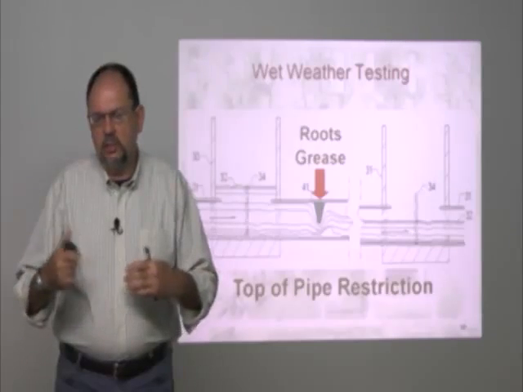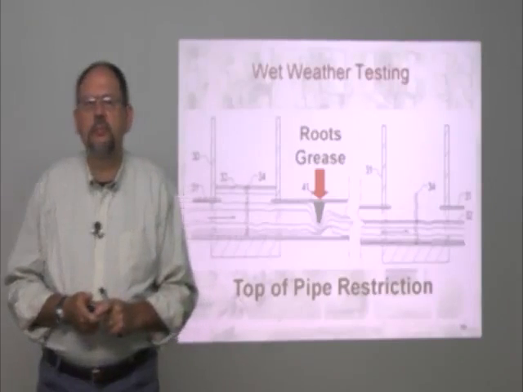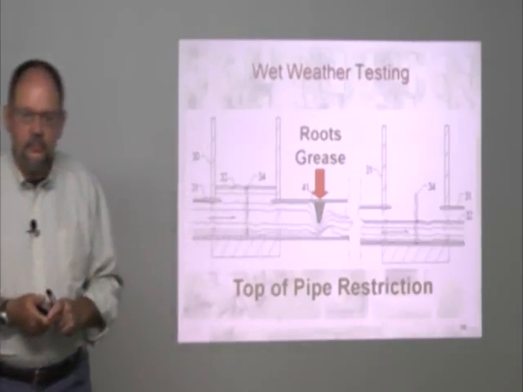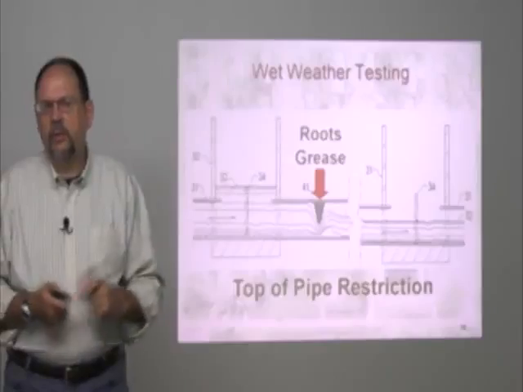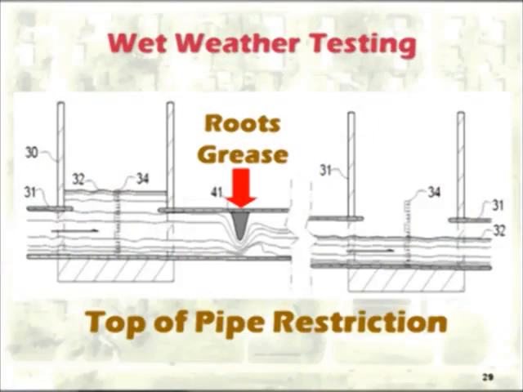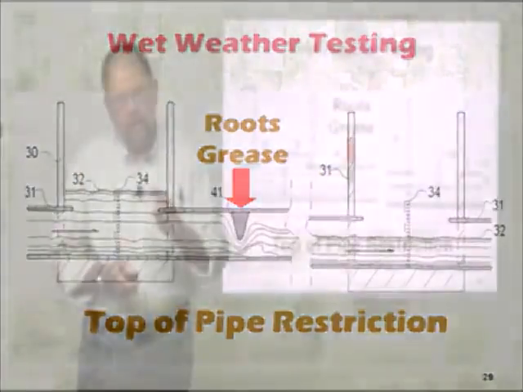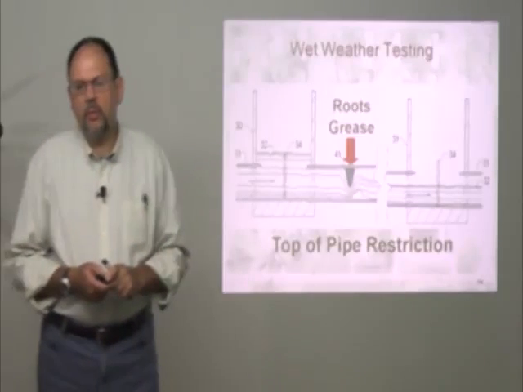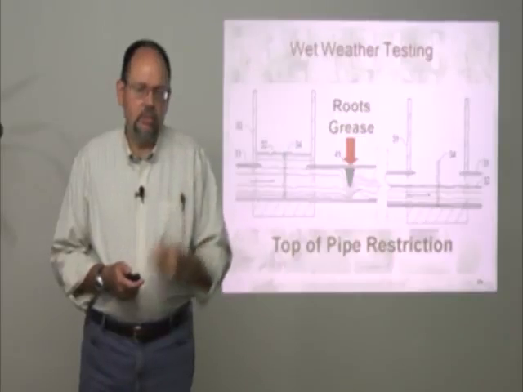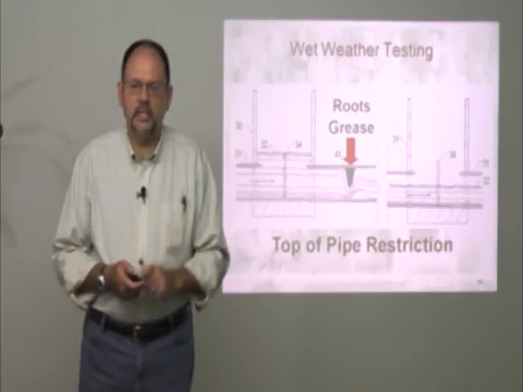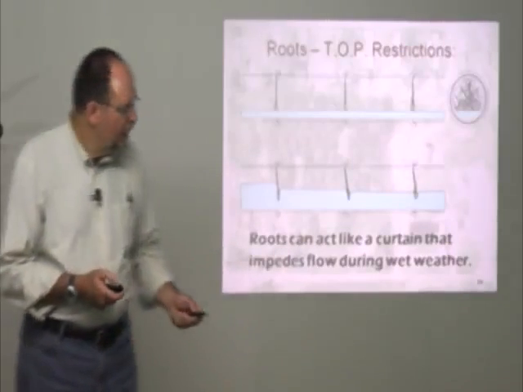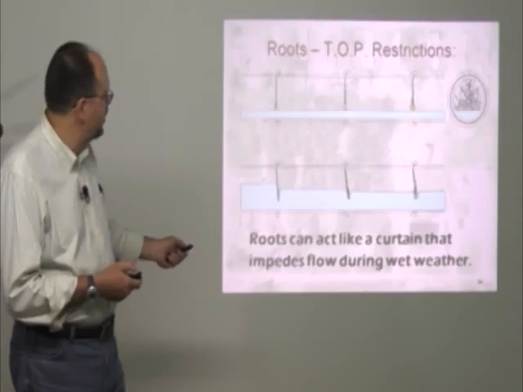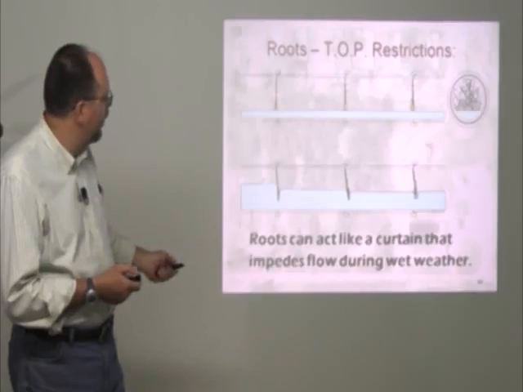So getting out and doing inspections during wet weather is also important too. And I would guess that any maintenance guy can tell you where problem areas exist. So comparing depth in dry weather, and more specifically in wet weather, guides you to where you ought to do site-specific maintenance. Top of pipe restrictions, which are typically root and grease, once they line up in wet